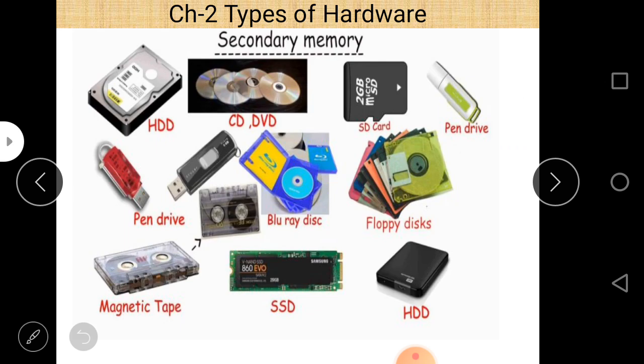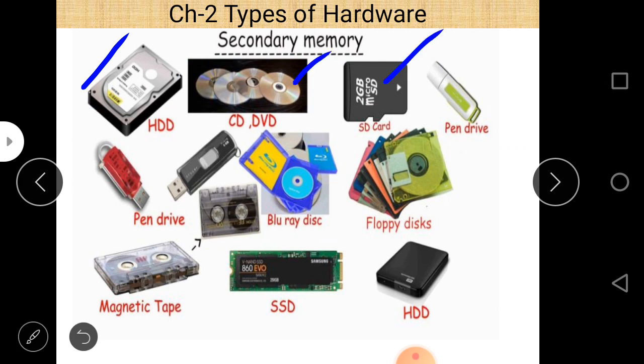Next is the diagram related to different types of secondary memories. Now, one question you may have in mind here: I told you that hard disk is an example of secondary storage. It doesn't mean that hard disk is the only example of secondary storage. Hard disk is one of them and the most common. Whatever storage device you use to save your data permanently falls in the category of secondary storage. For example, CD and DVD,